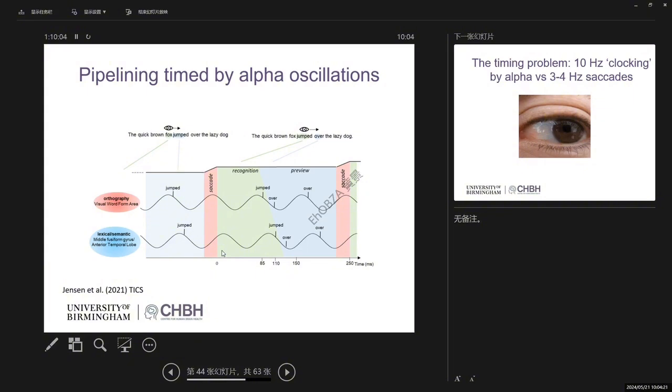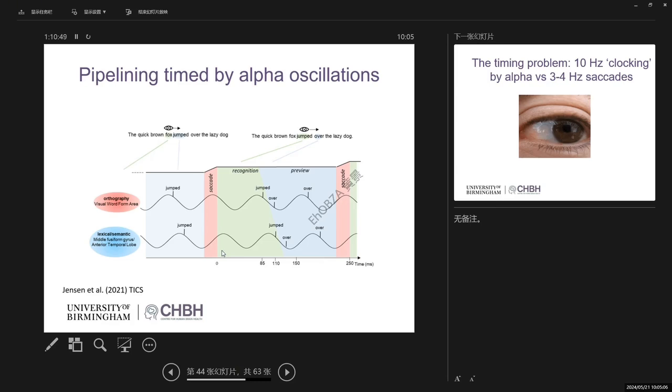So in the past, we have been doing a lot of work showing that alpha is reflecting a location of attention. So if you attend to the right, your left hemisphere alpha goes down and your right hemisphere alpha goes up. The issue now is that during reading, it's hard to investigate because you only saccade in one direction. So we cannot do the left versus right attention saccade. But there does seem to be a tendency of your left hemisphere alpha being depressed compared to your right hemisphere alpha. But it's probably not a big surprise, right?